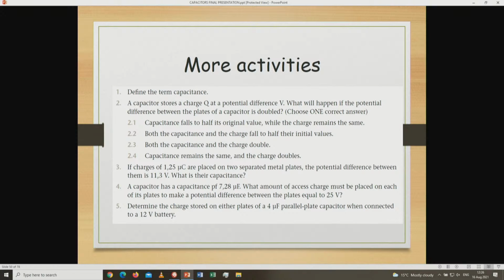Same formula, C equals Q over V. This time we are given capacitance in microfarad, so we substitute it as 7,28 multiplied by 10 to the power negative 6 equals